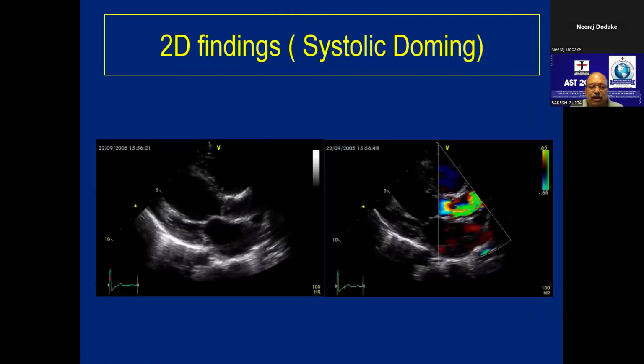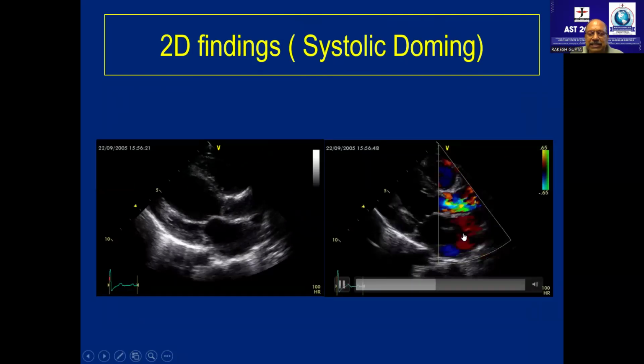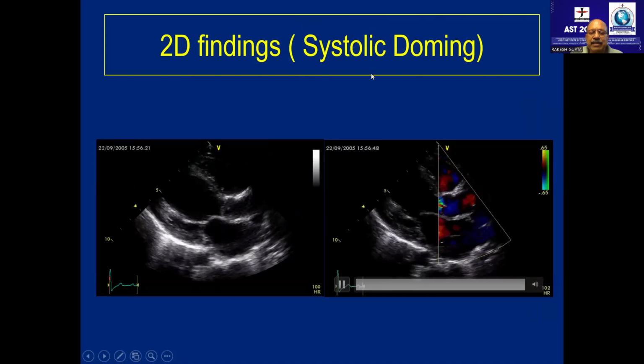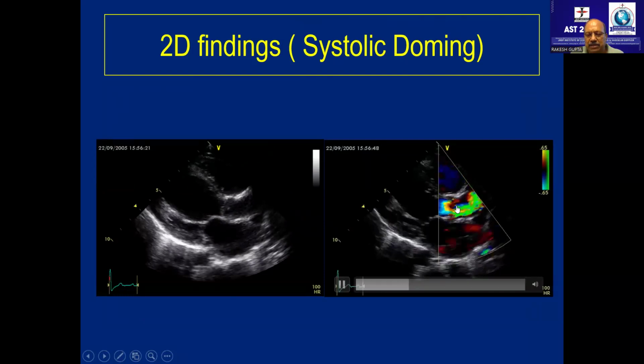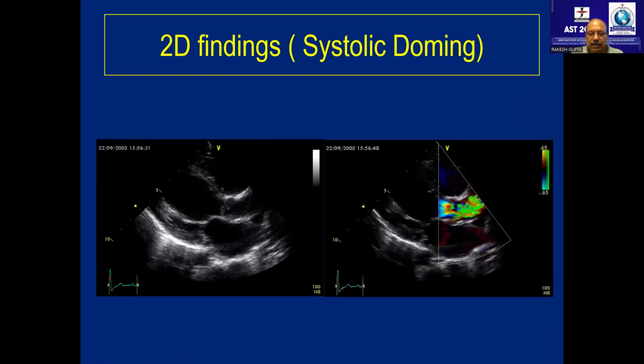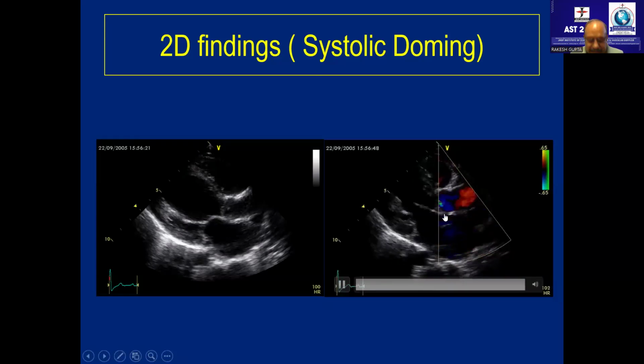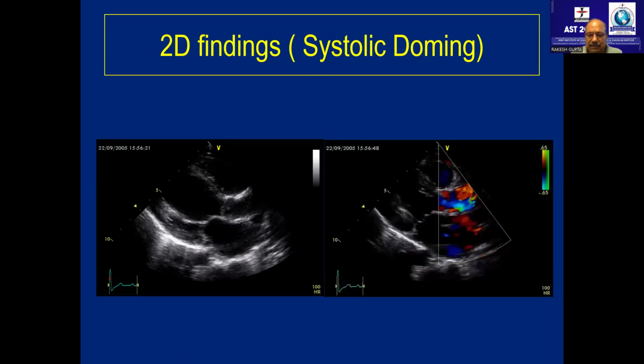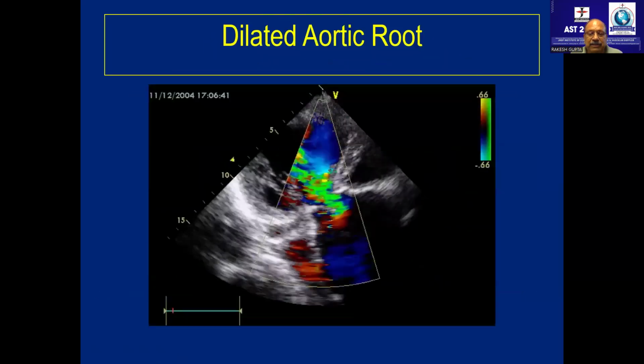And second thing, if you are not really sure about it, what is the answer? Put a color flow across it. You will get an immediate answer. If there is an obstruction, there has to be turbulence. Look what exactly happens when we come out of a picture hall. All people assemble at the exit gate. So many people are crowding at the exit gate. It means there is a significant amount of turbulence at the exit gate to get out of this picture hall. Same thing happens over here. Here the gate is small, but a lot of blood wants to go out of this.